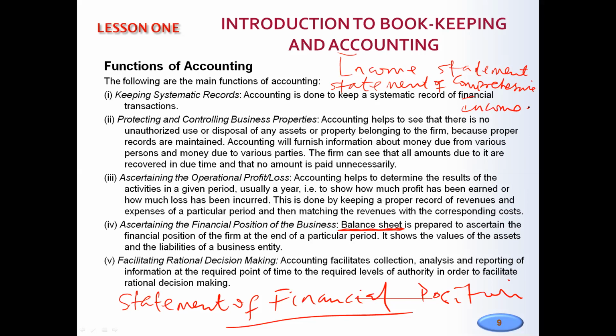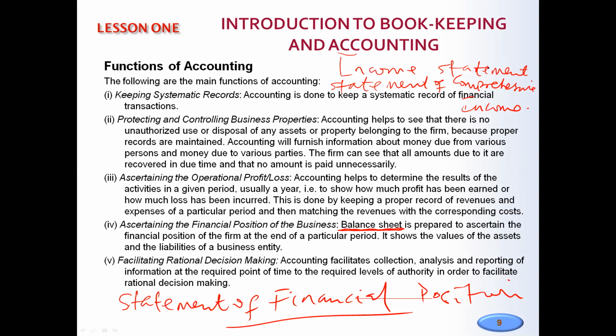Take note of that. But for the purpose of this class, we'll be using the names interchangeably: profit and loss accounts, income statement, then balance sheets, statement of financial position. So let's take note of that. And lastly,